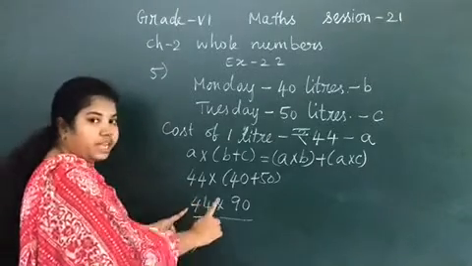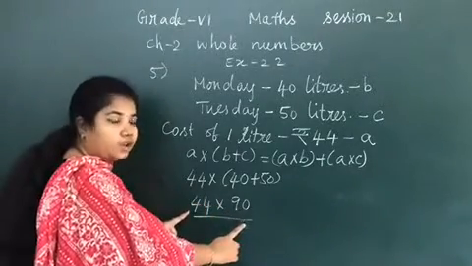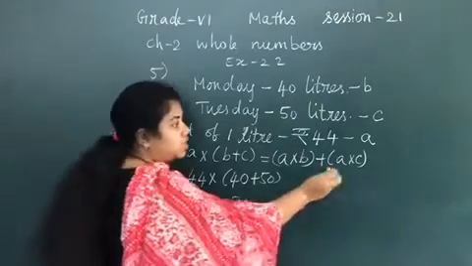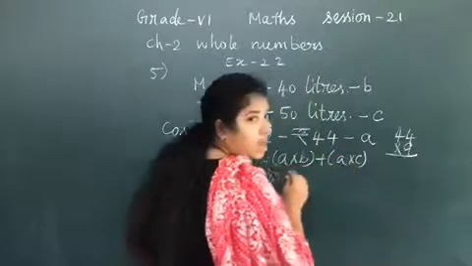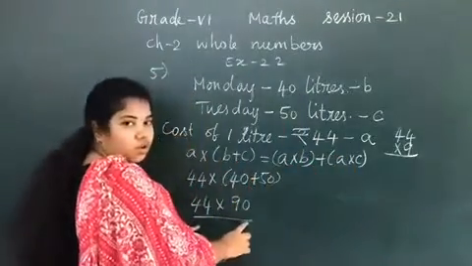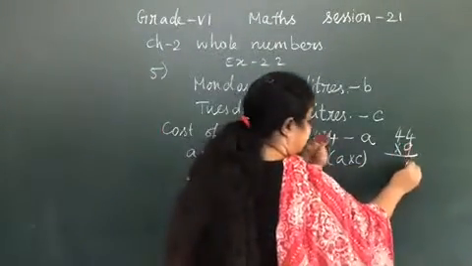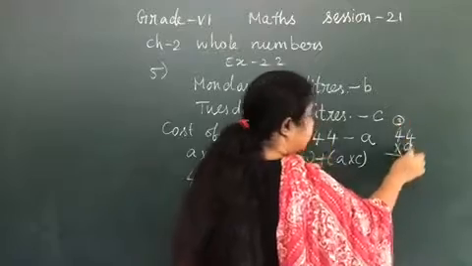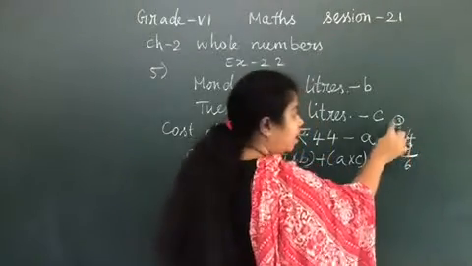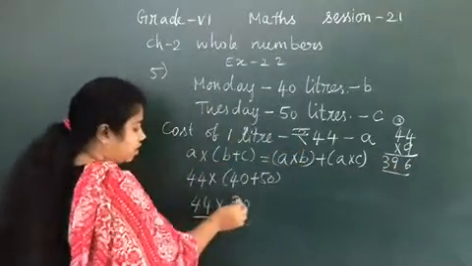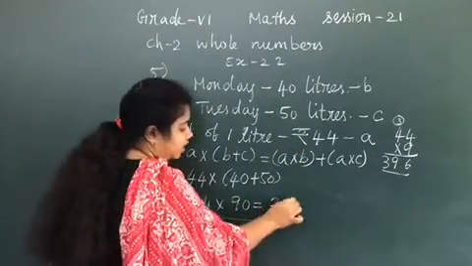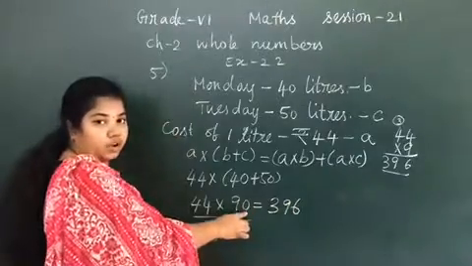Now let us find the product of these two numbers. So 44 into 90. What I can do is just ignore the 0 and multiply 44 into 9, then go on with the 0. So 9 into 4 is 36, 3 remainder. 9 4s are 36 again, plus 3, 39. So 396. So what can I write? 396, and we have ignored the 0, right?